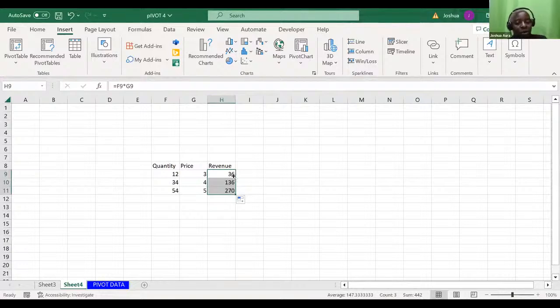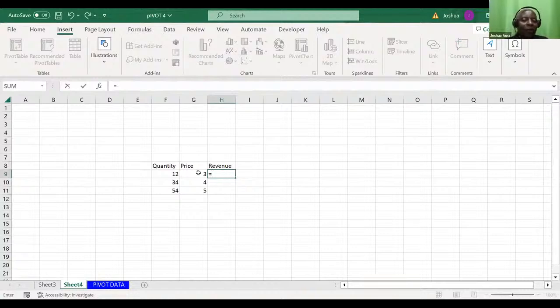I would want to say Control Z to repeat again. What have I done in this cell? I must always activate a cell by saying equals. So I can even say price, and then times quantity here, right? If I say enter, no problem, but it'll pick the next cell. That's why I like saying here, you must learn this. You come and say equals to activate. You pick the price there, 3. You say times 12, and then you say Control enter, so that we'll still have the same cell being highlighted.